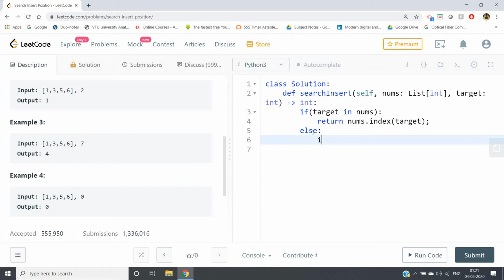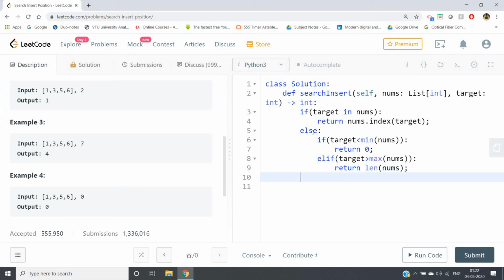We can give an else statement, and if target is less than min of our input list, then return 0, because that has to be inserted at the beginning. And if target is greater than max of our list, then return length of the list.